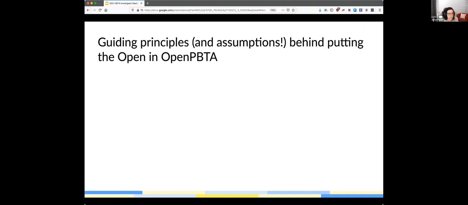Now that we've talked about GitHub and how this can work together, let's talk about some of the guiding principles and assumptions that we make in putting the open in OpenPPTGI. When we talk about open science, there are many different facets of that, including making sure everyone can access your publications. For this particular project,